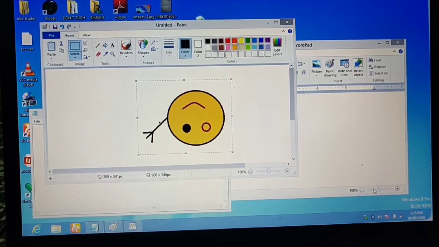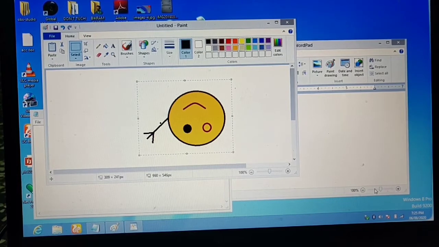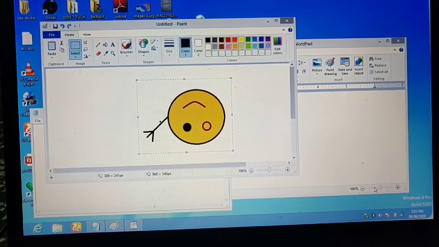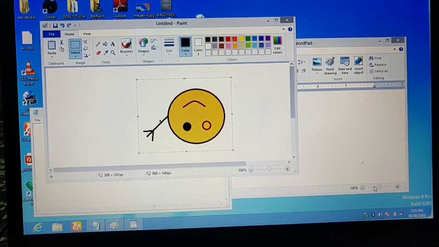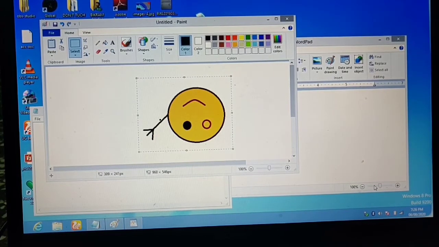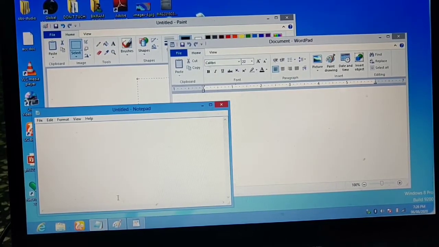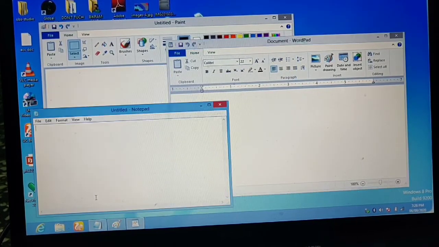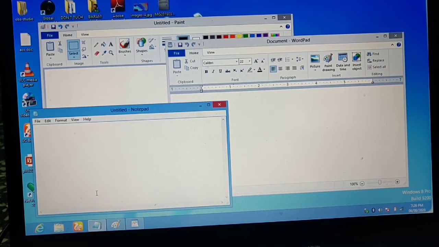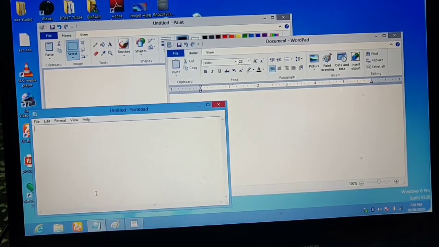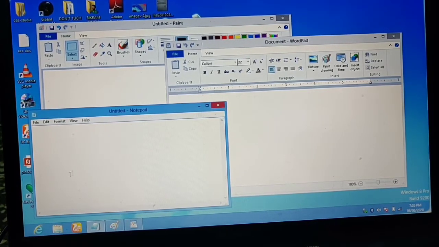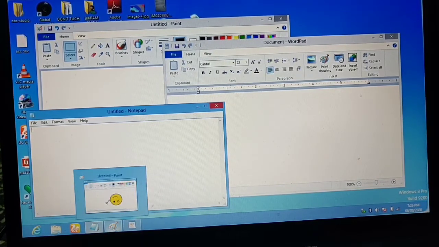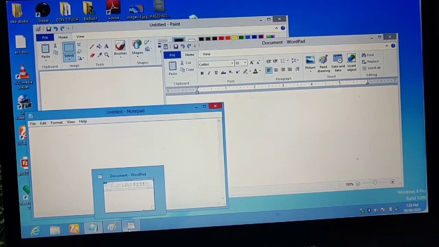In today's video, we will learn about how to switch between windows. Suppose you have more than one window opened on your screen, then you can easily switch between the windows. You can easily go from one window to another window. As on my screen, you can see this is a Paint window, this is a WordPad window, and at the bottom this is a Notepad window. It means I have opened 3 program windows on my screen. Now, you can see the icon of each window on the taskbar. This is the Notepad icon, this is the Paint icon, and this is the WordPad icon.